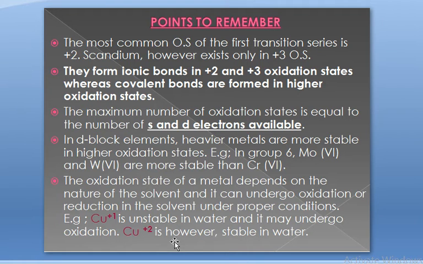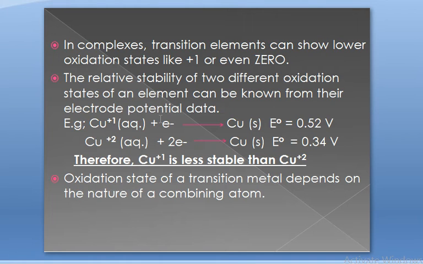Cu+2 is however stable in water. It will neither undergo oxidation nor reduction. Rest of the reaction, if it combines with some other reagent, that will take place accordingly. We are discussing its stability in solvent here. Now they can exist in very low oxidation states like +1 and 0 also. In the next chapter you will read, coordination compounds, you'll see that in coordination compounds a transition element can have a 0 oxidation state. One of the very common examples there is, I haven't written the example here because it would just confuse you. You haven't yet read what coordination compounds are. Pentacarbonyl iron, it's a compound of iron, and iron exists in 0 oxidation state. So it is very much possible there.